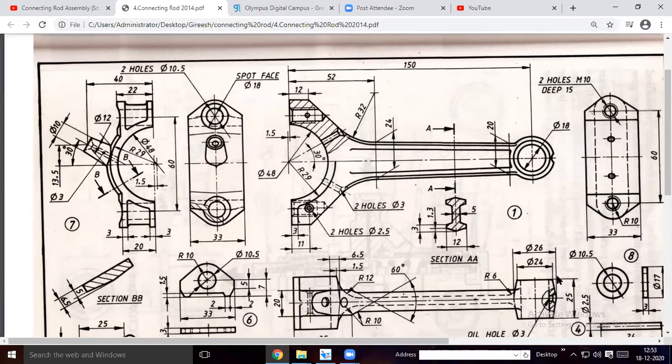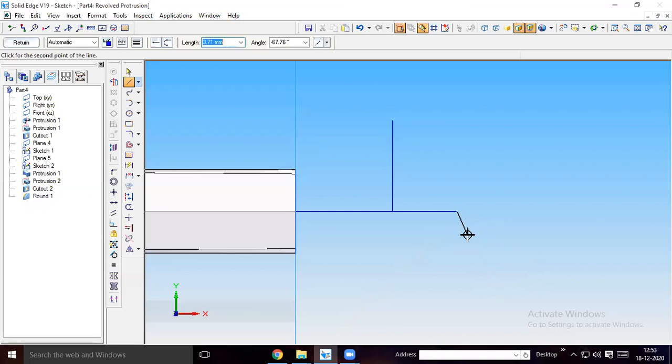So here to here it is 12 mm as it is a 24 diameter. From here to here it is 12 mm. 12 minus 9 will be 3 mm. From here to here it will be 3 mm. Take that. It is 12.5 mm at 90, then 3 mm at 0.